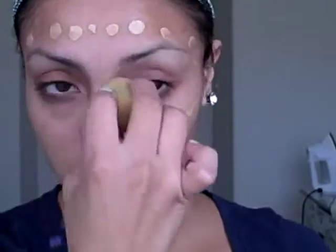And then I just wipe off my finger on the thing, just so I won't waste nothing. And then the same way, I just remove all the extra excess that was on my hand. And then I just start tapping all over my face. I go a little bit under my eye, but just a little bit, not too much, because this thing is